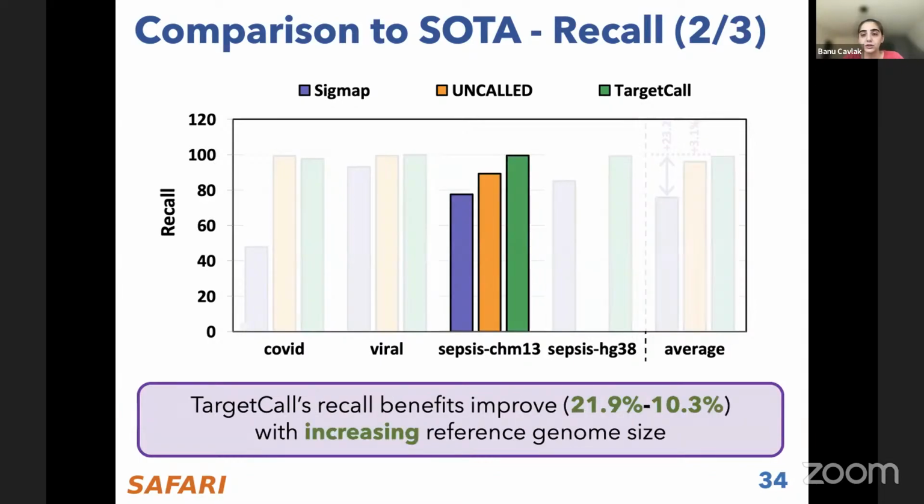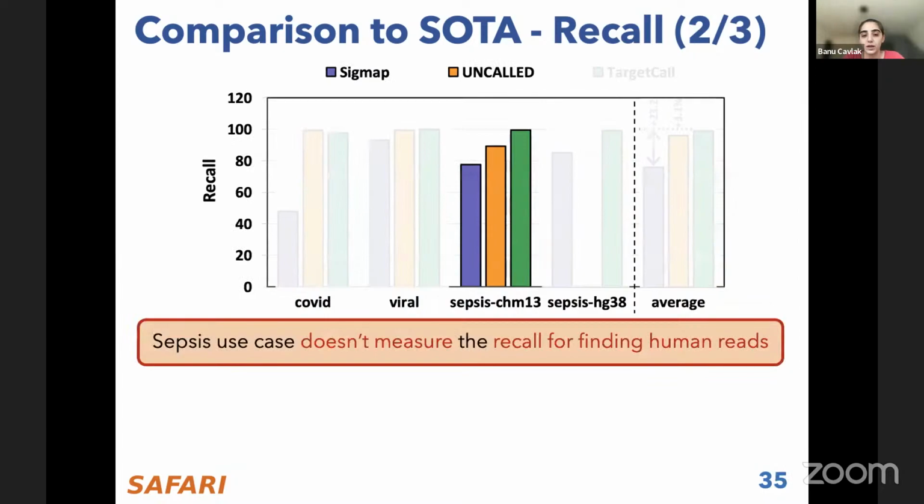And similar to the performance benefits of TargetCall, the recall benefits of TargetCall also improve with increasing reference genome size, where we can provide up to 15% better recall compared to prior tools on average. So there's one caveat in this